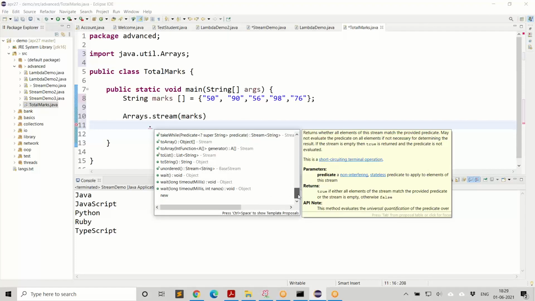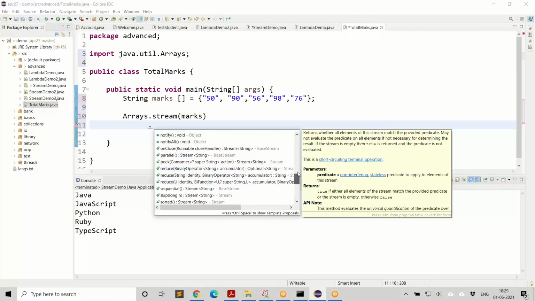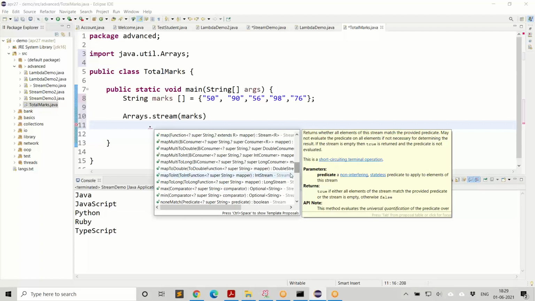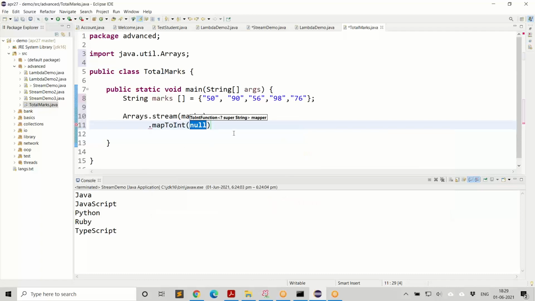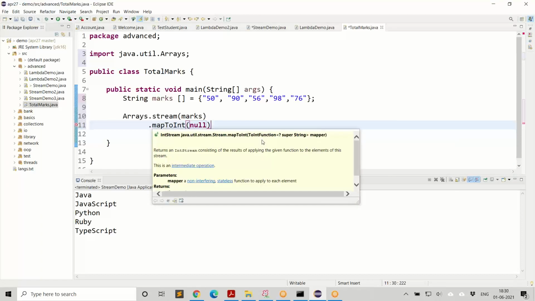All these are methods. We can use any of them. You can skip a few entries. You can sort them. And you can take them only as long as a condition is satisfied. Or you can convert them. This is what we want. mapToInt. We want to convert each and every object to integer.